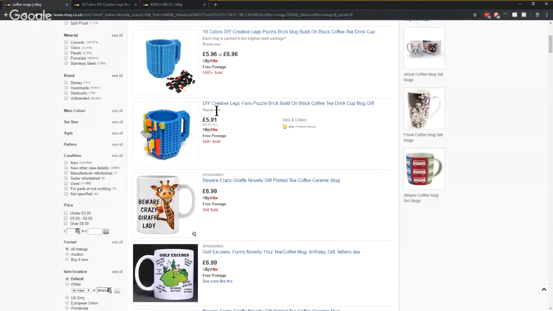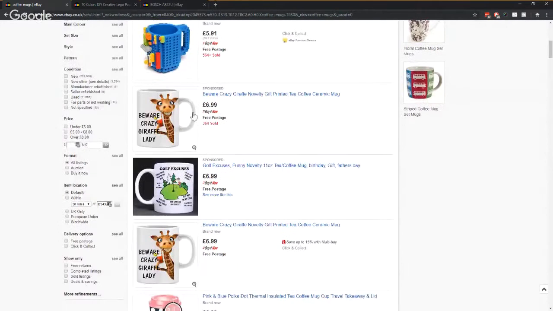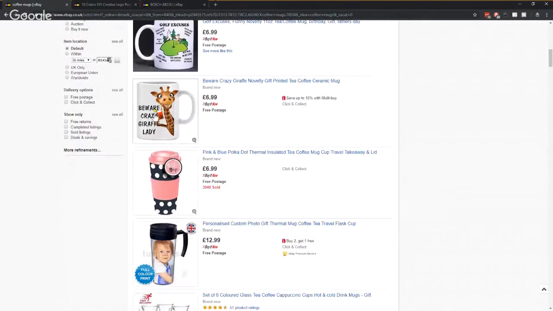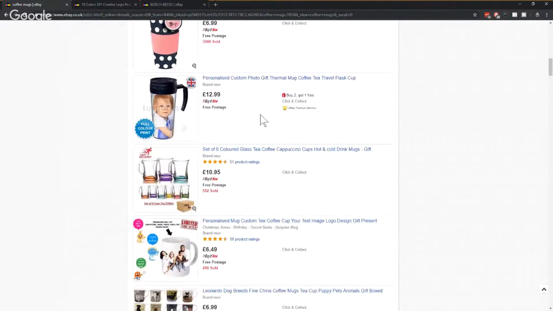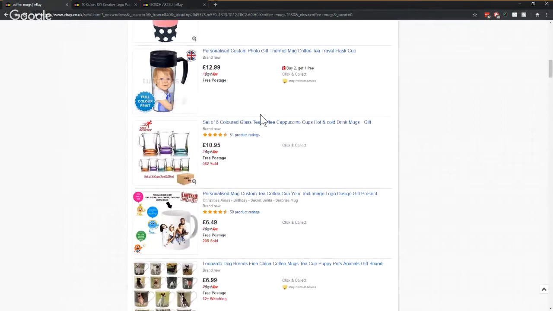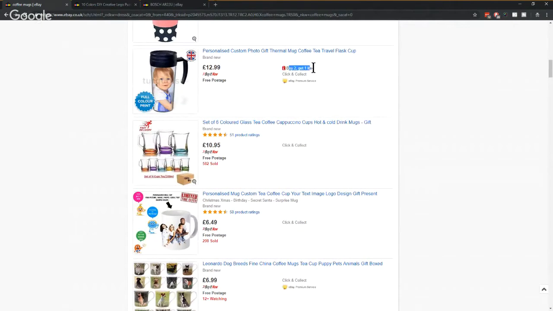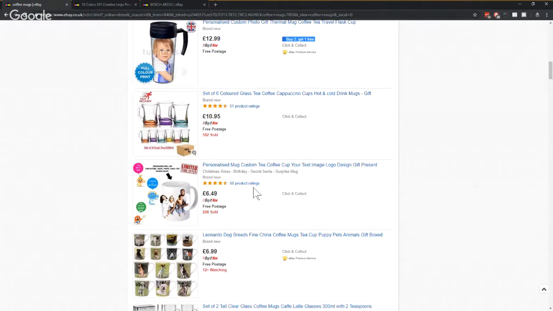We've got another one in here, funky design, which looks like Lego, and you've got click and collect on there. You've got another sponsored, another 2 sponsored results. Brilliant. We've got crazy giraffe lady in there. And then scrolling down, now this is the curious one, okay, we now hit 2 products which are standing out. We've got one here doing a buy 2, get 1 free. That's a really nice feature on there, considering it's a personalized item. But look at these 2 items here.